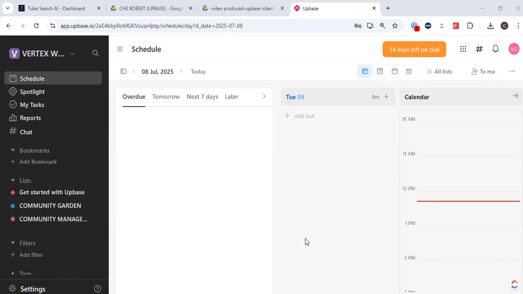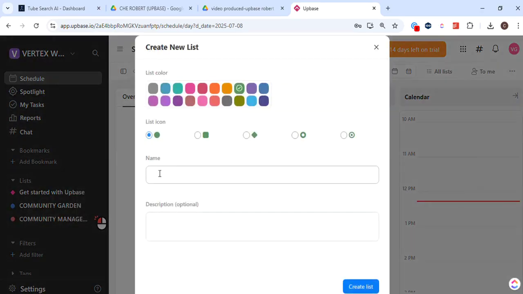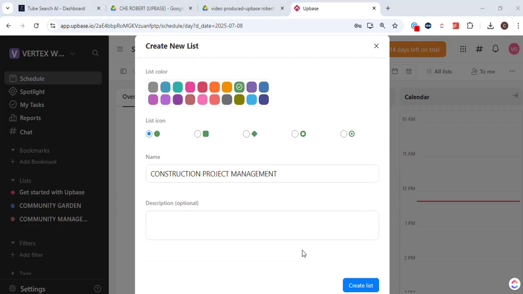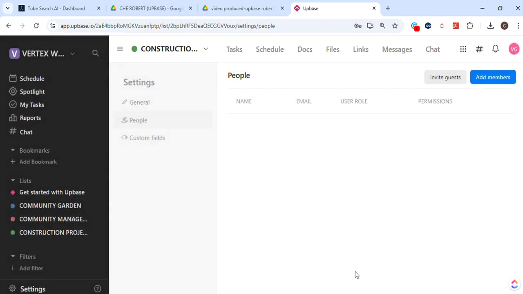Today, we'll be diving straight into how to use UPBASE for construction project management. The first thing we want to do is create a new project. This is as simple as clicking on the New Project icon on your dashboard. Once you've done that, you'll need to input the project details, including the name, location, and estimated timeline. This helps us because it keeps all the project's pertinent information in one place and allows everyone involved to stay